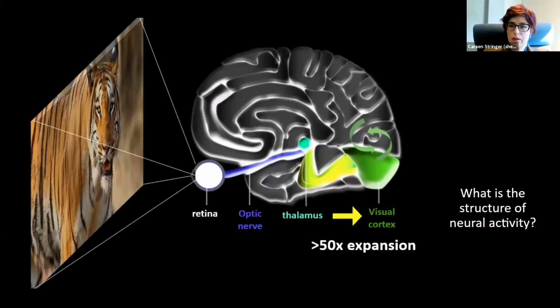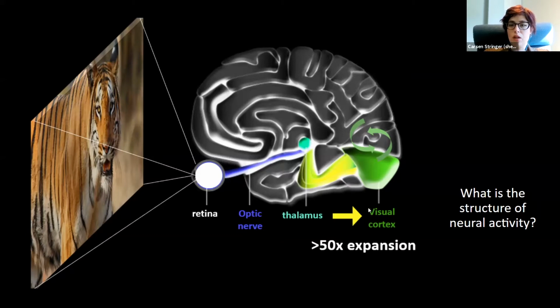Okay, so we asked this question, what is the structure of neural activity? We're looking at the visual stream. So we have images that come into the retina and they get transmitted to the thalamus. And then these signals get transmitted to visual cortex. There's around a 50 times expansion of the number of neurons in visual cortex compared to thalamus. And this is true in mice and in primates. And so there's this question: what is the structure of the activity in visual cortex